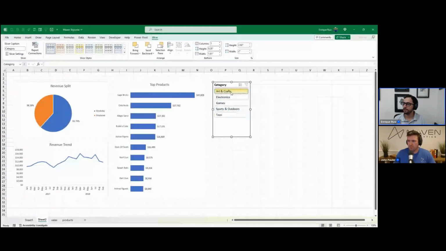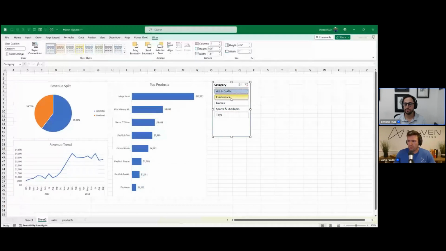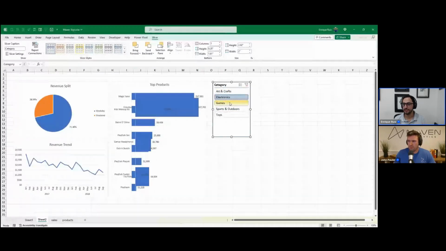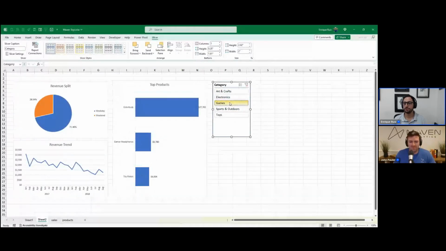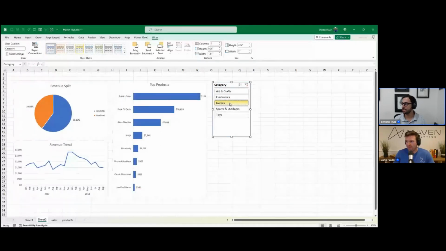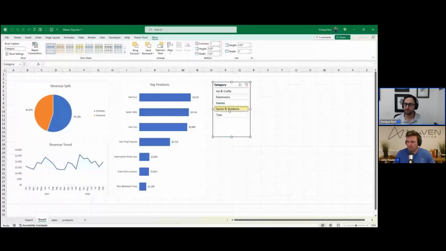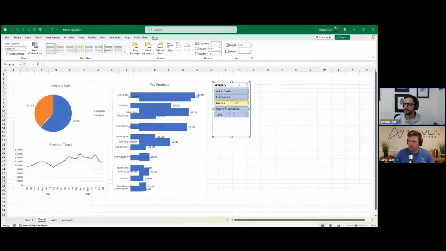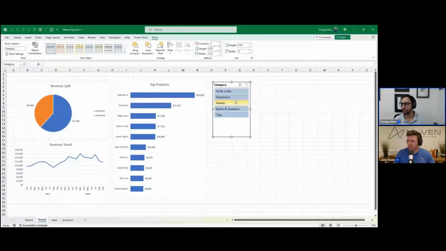And now we've got a really nice dynamic dashboard that we put together in what, maybe 10 minutes, all within Excel. We were able to use formulas to create new calculated fields. We were able to use pivot tables to summarize and analyze that data to get insights. And then we were able to use charts and graphs to build this pretty nice dashboard, I think.